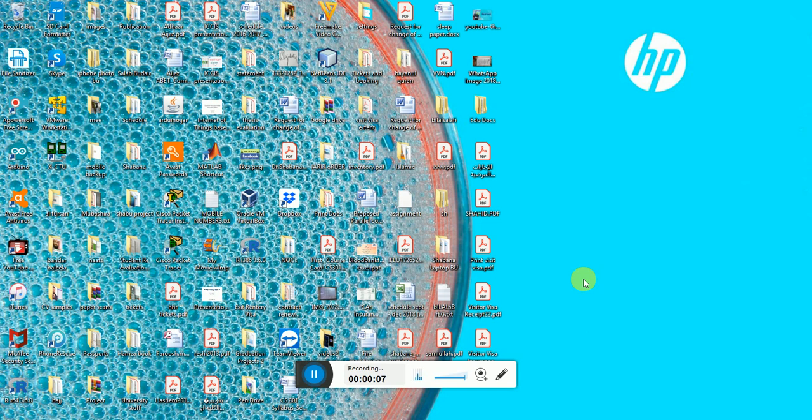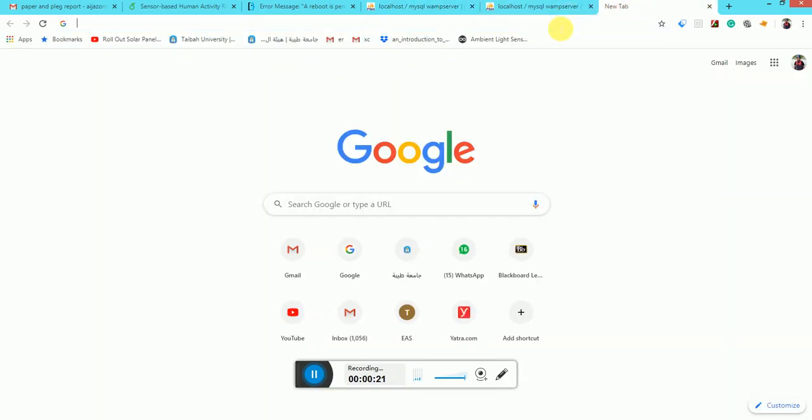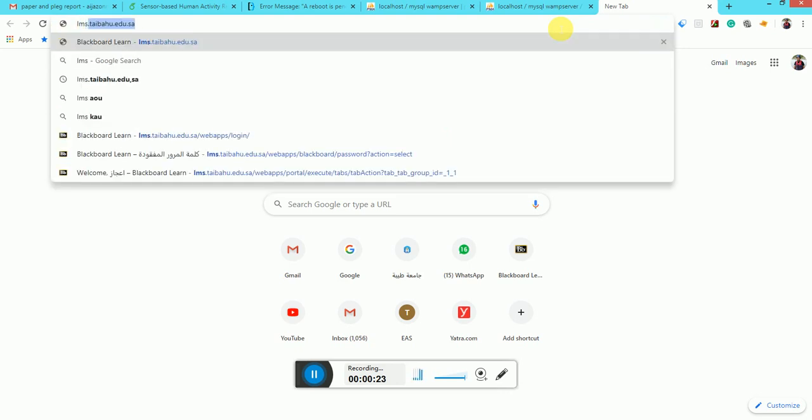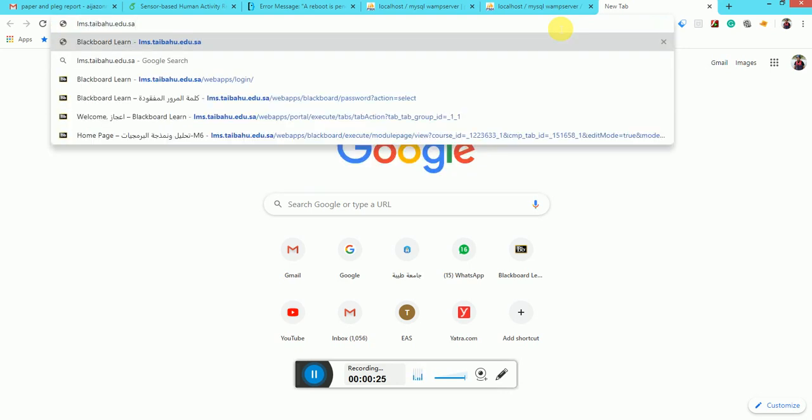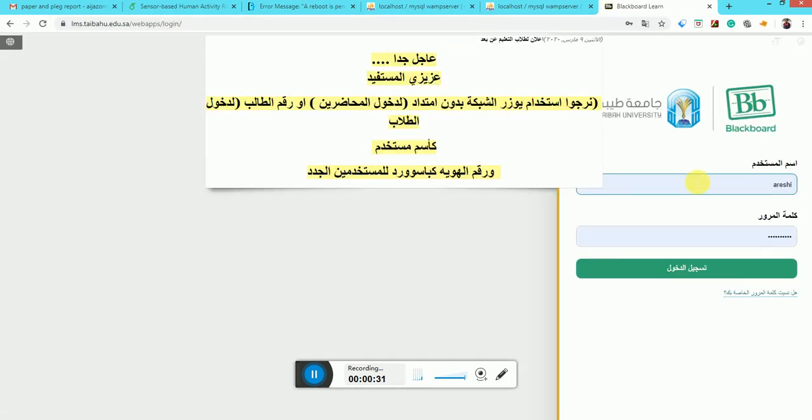So in this session, which will be a short one, I will be explaining how to use the basic functionality of the Blackboard program. The first step will be to open the link, that's lms.taibauniversity.edu.sa. If I enter the link, the login page will be opened and there will be Ismul Mustaqdim and